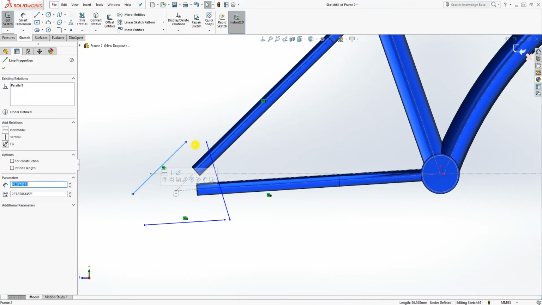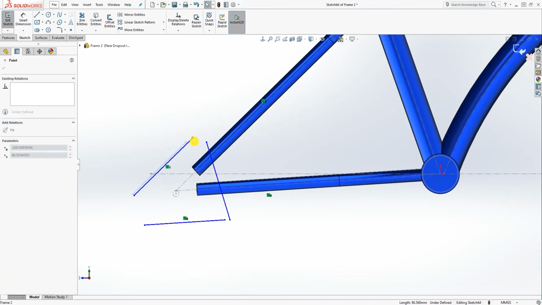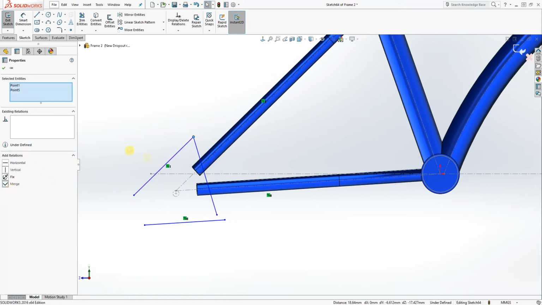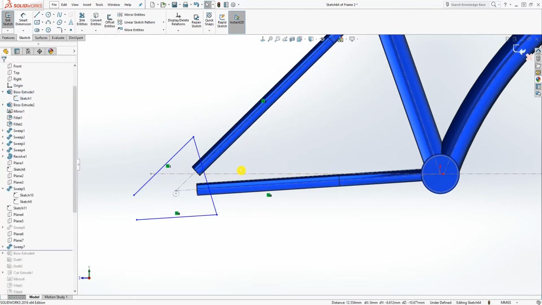So you have those two, and now connect this line and that, and connect this line and that line together, and from the origin point to that line make it